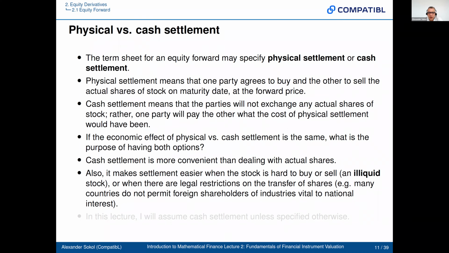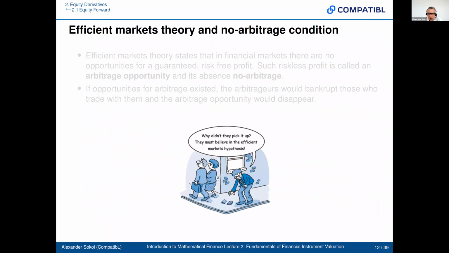So if you want to participate in the financial success of a company, but government regulations prevent you from actually owning the shares, then cash settlement is one way that you can participate in the financial success and bet essentially on what the price will do, without having to own the shares. You can do it even if you're not permitted to actually buy the shares. So we'll assume cash settlement here. All right, now